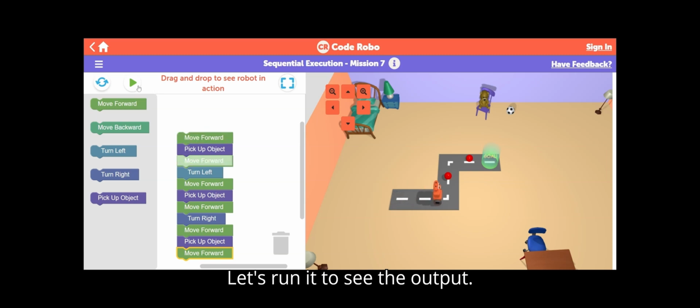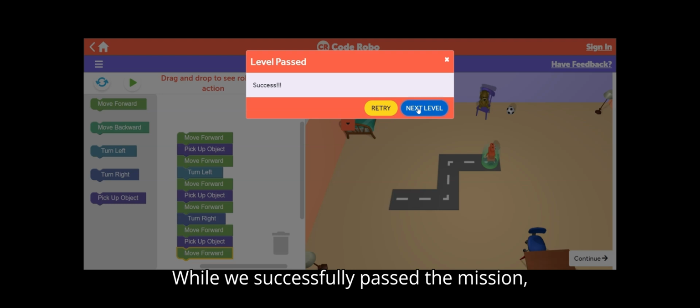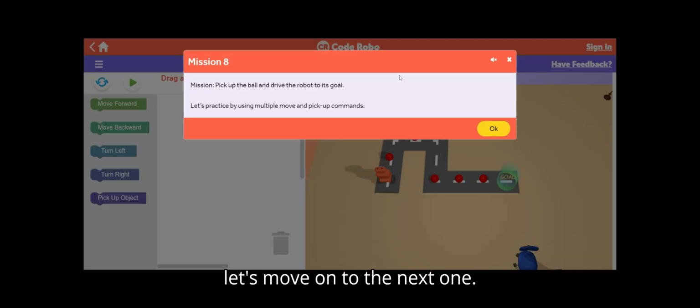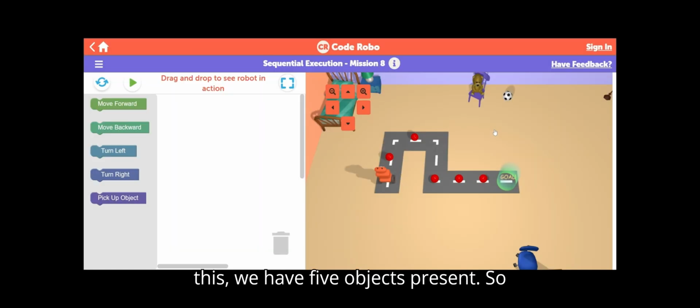Let's run it to see the output. We successfully passed the mission, so let's move on to the next one. Mission number 8 is to pick up the ball and drive the robot to its goal. In this, we have 5 objects present, so let's see the first one is in 1 step, so let's drag